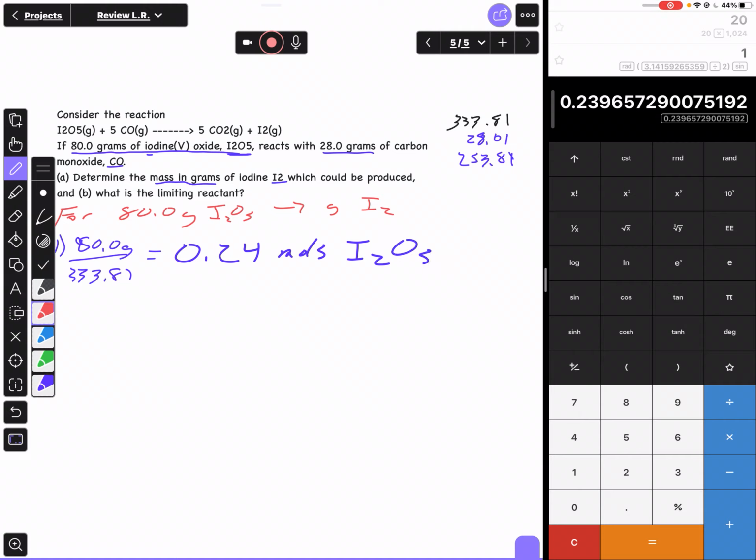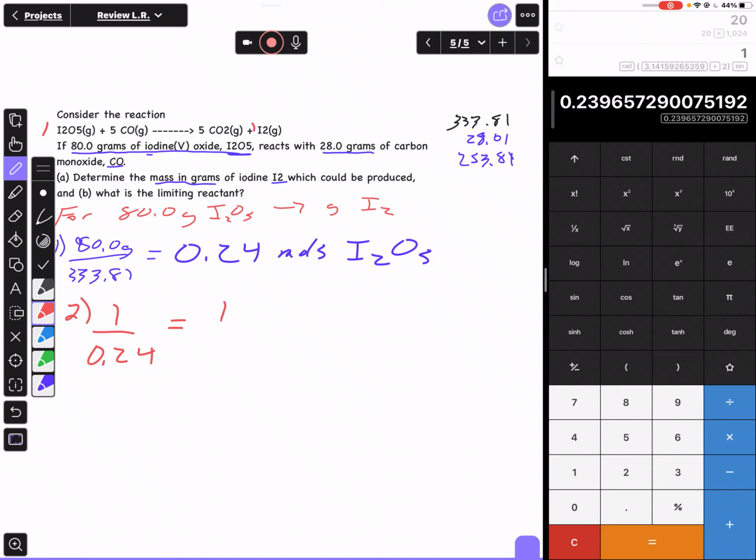My next step, now that I'm in moles, I want to go from moles of I2O5 to moles of I2. I use my coefficients. The coefficient in front of I2O5 would be just a 1. So that'd be 1 over the actual number of moles I do have, 1 over 0.24 equals,